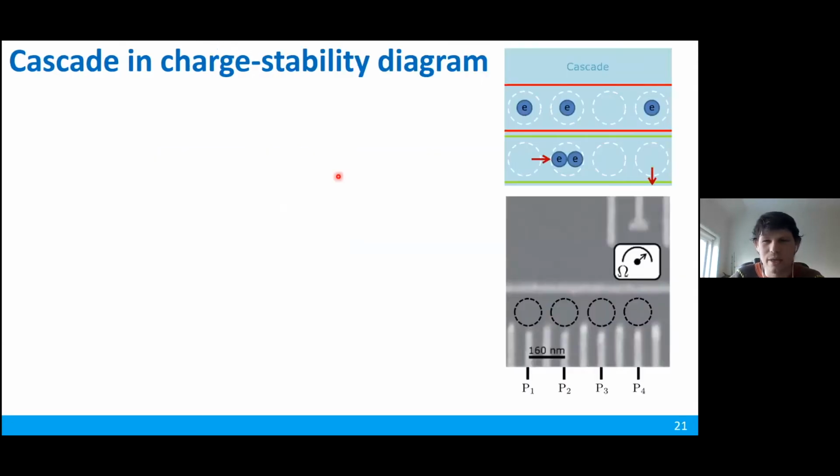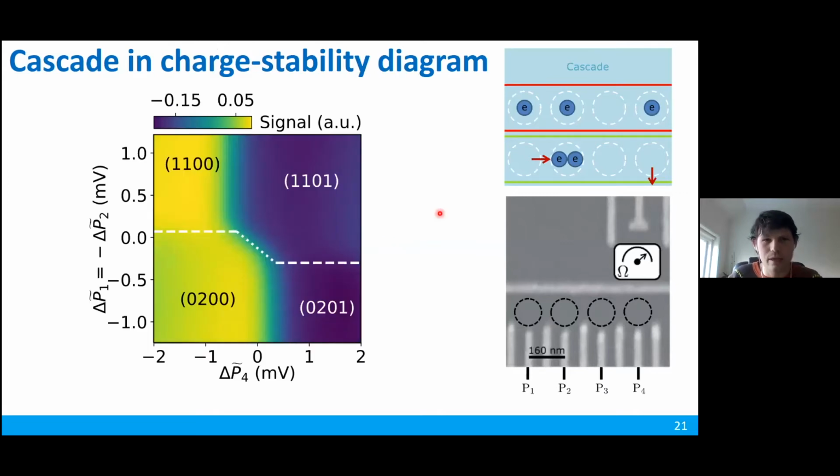So then let me show you again how we probe this in the experiment. We again look at one of these charge stability diagrams. What we now plot here is not the gate voltage on the left two gates, but we now vary on the horizontal axis the gate voltage on the rightmost gate, controlling the rightmost quantum dot, and also the detuning, the difference between the left two quantum dots, which controls the two electrons on the left two quantum dots. If we look at the different charge regions in this figure, what we can see here on the top left is the signal where the two electrons are just on the left two quantum dots, and there's no electron on the rightmost quantum dot. And then as we increase the gate voltage on this gate, which controls the rightmost,